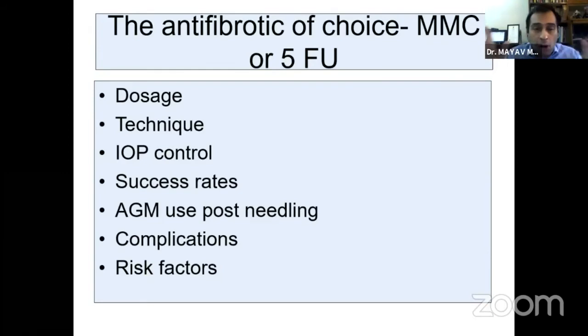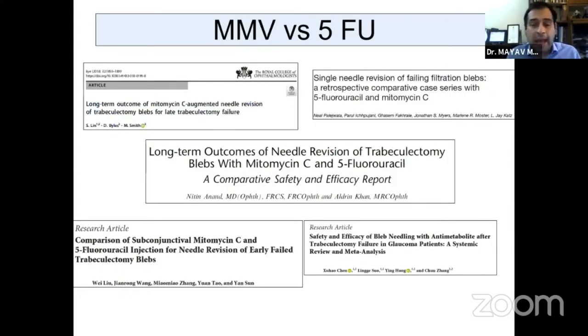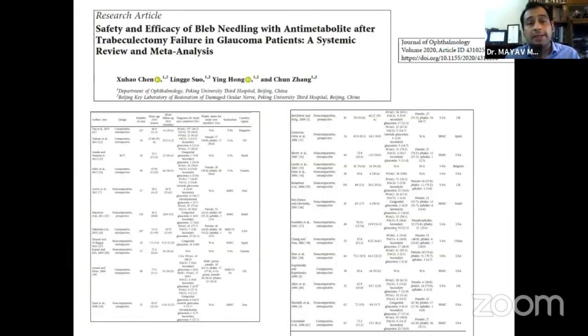Now to assimilate all these, we obviously have to look at the literature. There are numerous articles available, comparative and non-comparative, retrospective and prospective studies, which have given varying results. So the data doesn't point us in one particular direction, and it's difficult to compile considering there are so many studies which are not standardized, as the techniques and dosages are different. But a particular meta-analysis which came out in 2020, which compiled all these studies, whether comparative or non-comparative, has helped me in reaching some endpoint.